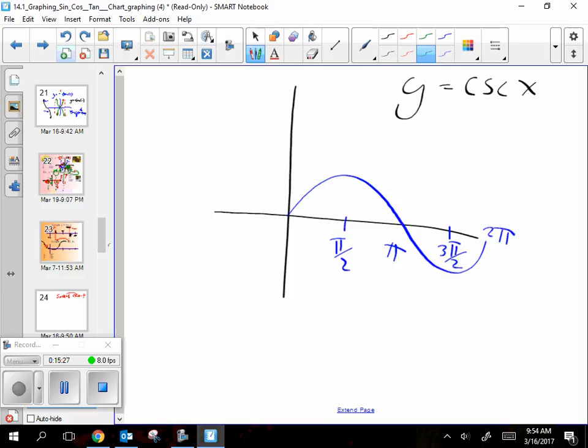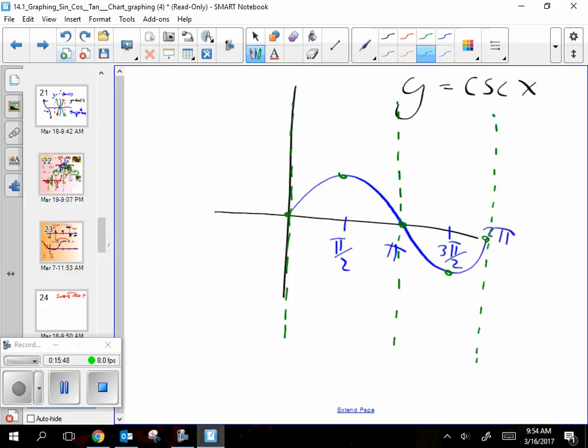And if I want to make cosecant, I got to first start with sine, and then wherever it's 0, there's going to be asymptotes. So there's asymptotes here, and here, and here,